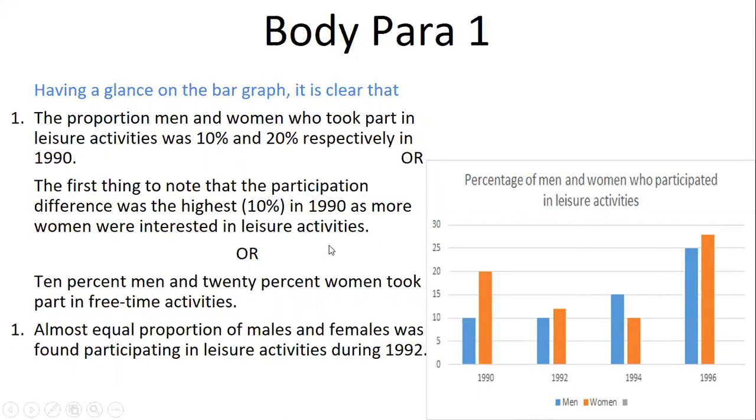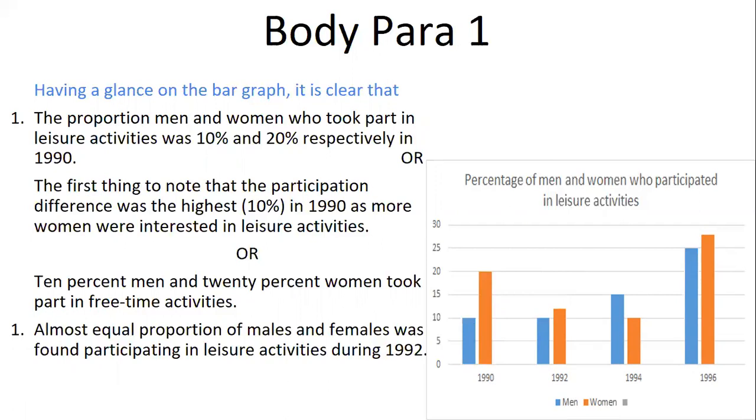If there are 5 years, then you can divide accordingly, like 3 in body paragraph 1 and 2 in body paragraph 2. But if the explanation of 2 is more, then only 2 can be included in body paragraph 1 and the remaining 3 can be in body paragraph 2.